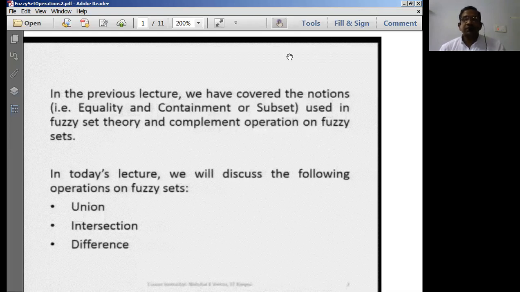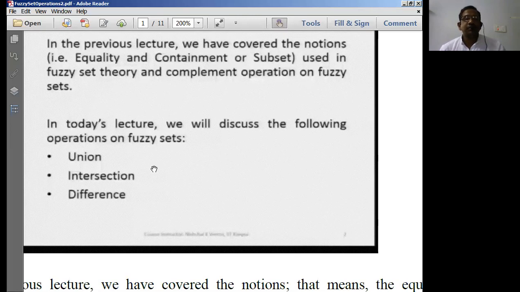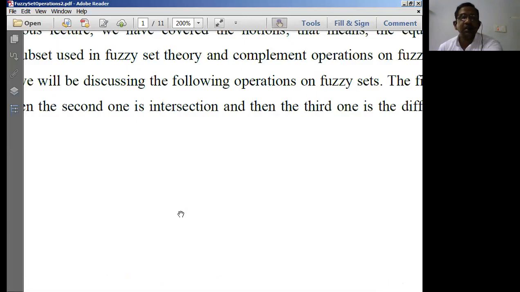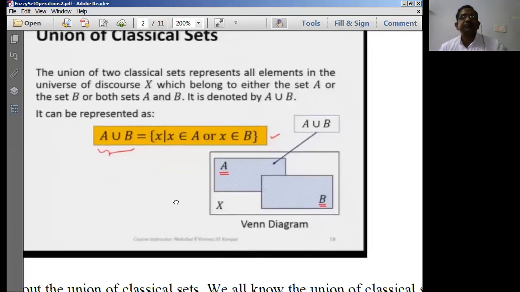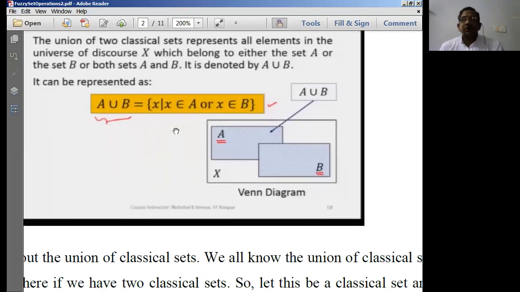So far we discussed two basic operations, and the other basic operations we have are, obviously, the union operation, intersection operation, and difference operation. In today's session, we'll try to cover these three basic operations, with the graphical representation using Venn diagrams and the mathematical representation using basic equations in equation notation form.